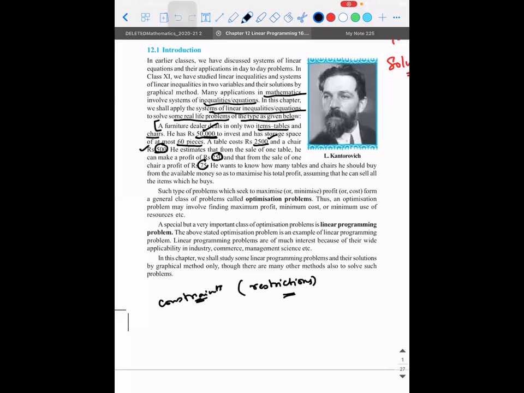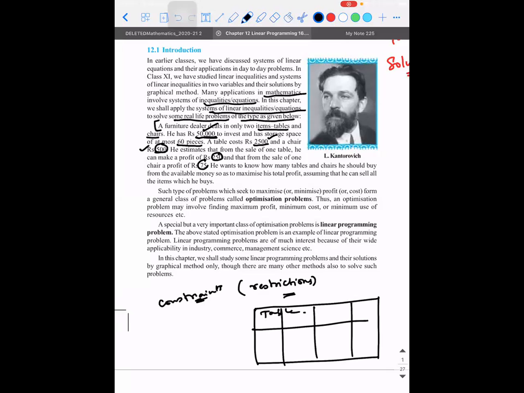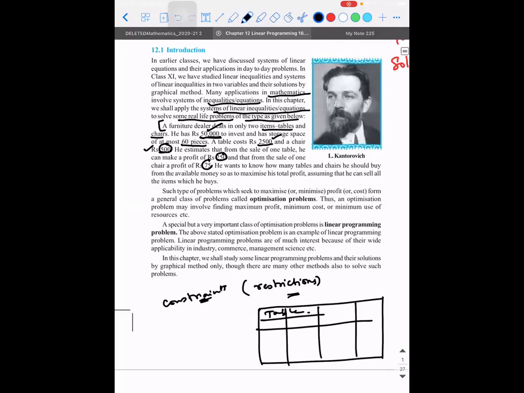If I put a question like this, what can we do? How can we solve this kind of a scenario? Let's say you don't know linear programming. If I give you a scenario like this, what are all the methods you can try to find out what has the maximum profit? It is possible that you prepare a table, right? So you can prepare a table where he is buying a table. This is the buying cost. This is the profit.